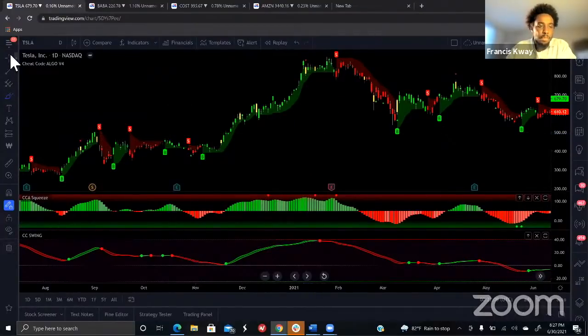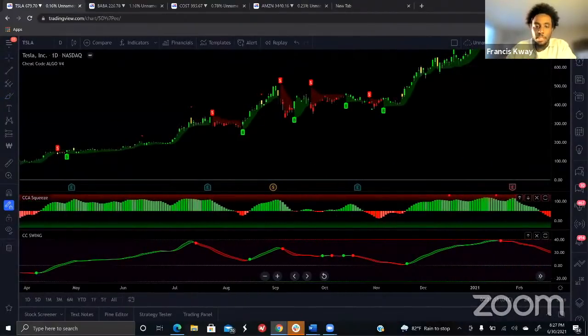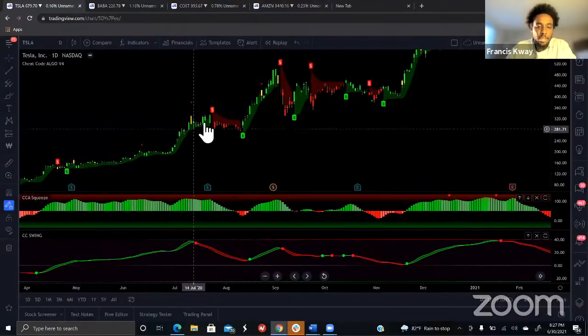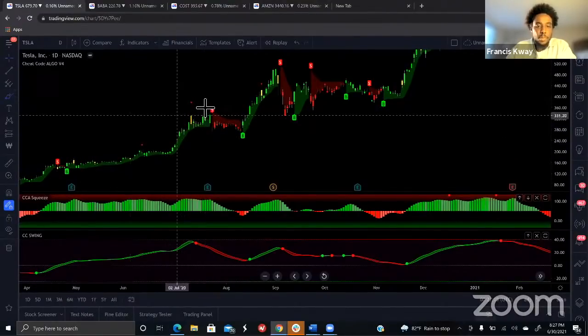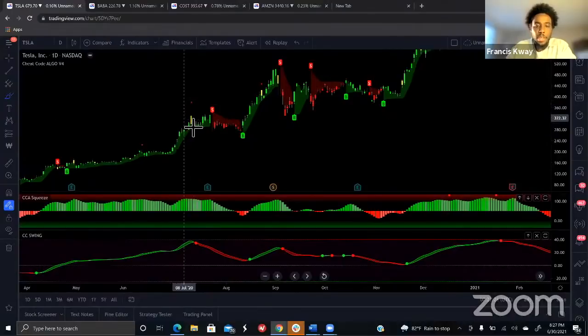I'll give you a perfect example of that right here, where you see Tesla all the way back from, let's say, this point. So Tesla popped up. We had a nice, long, healthy run right here. It went up, right? And then we got a yellow candle that told us to slow down. Red indicator, this triangle here, said that we might be at the top. And then we had a nice little healthy